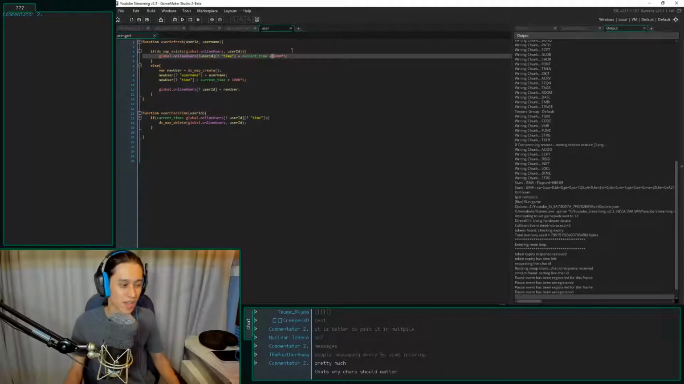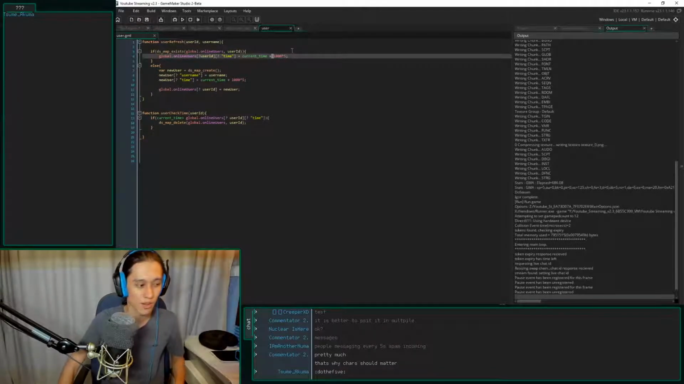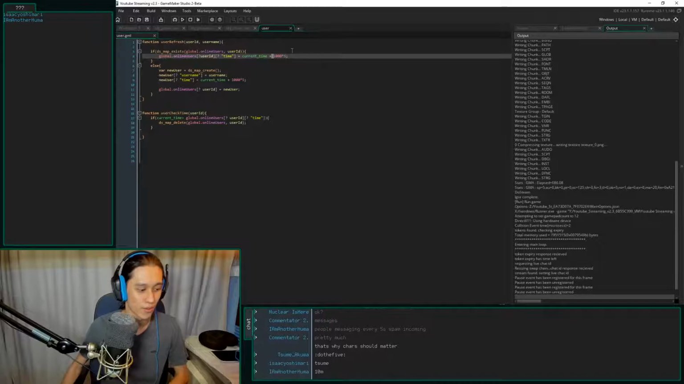For characters, I mean, we could do something with characters as well. But I don't want chat to turn into a giant pool of spam. Like people just typing whatever they want. So I don't think going by the number of characters a message has is a good idea at all. I would much rather have, hey, if you just send one message every